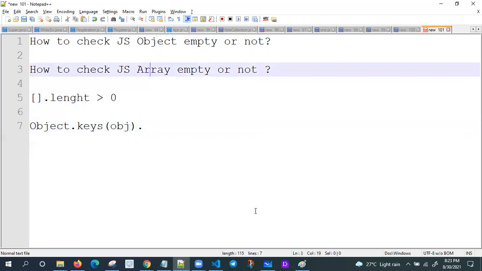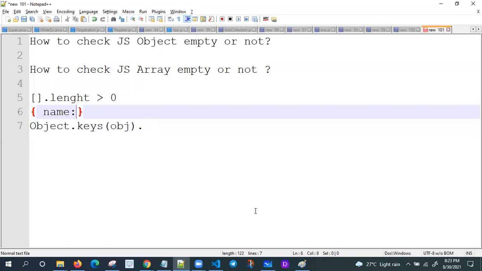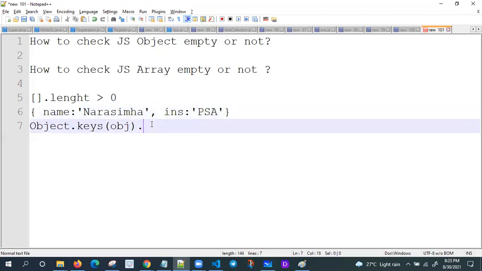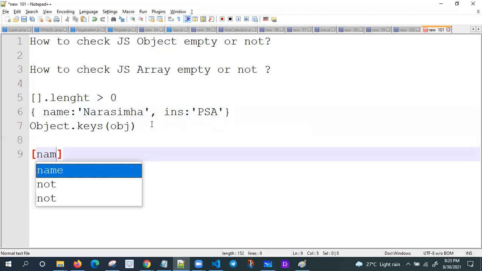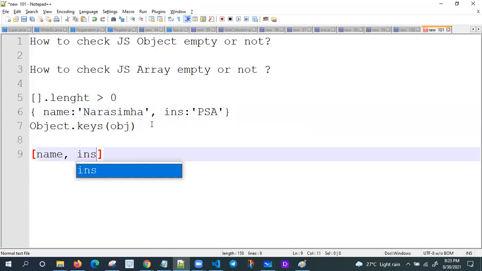Suppose this is my object: name equal to Narasimha, comma, institute name is PSA. What is Object.keys going to return? It returns the properties only, name and institute. So definitely it is an array, and I can find the length.